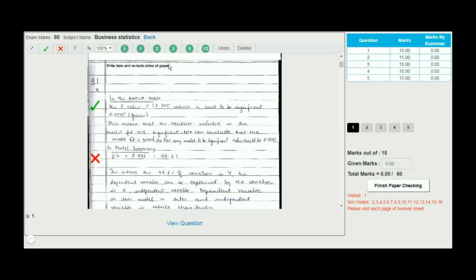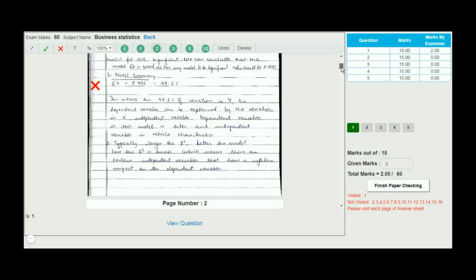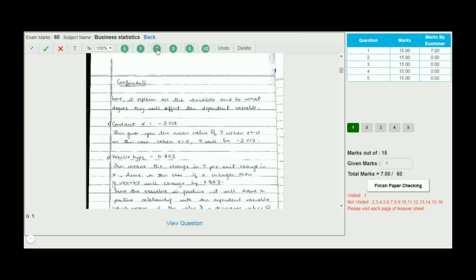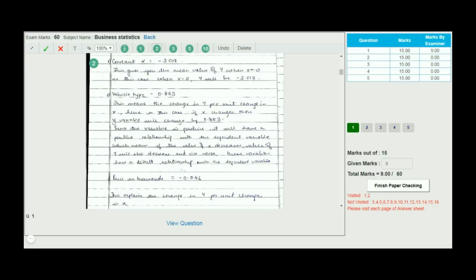There are icons available for each number of marks. You can use it to define marks for particular answer. On a single page, you can add partial marks and on next pages, subsequent partial marks can be added. The system would auto-calculate total marks assigned for the answer. There are symbols available for each marking scheme. You can select and add annotation.